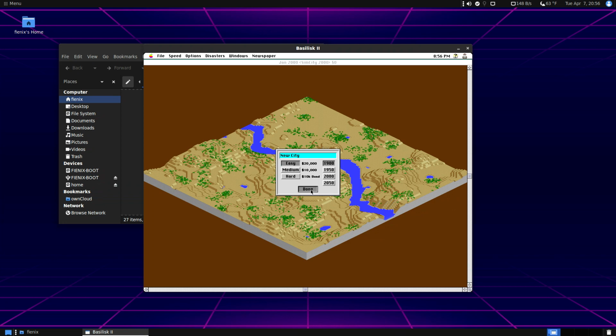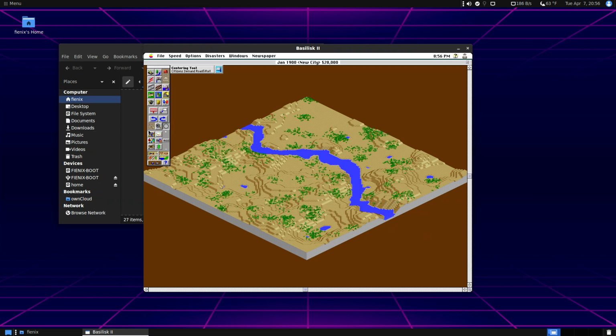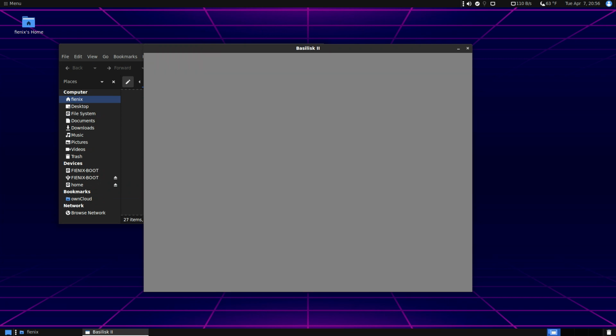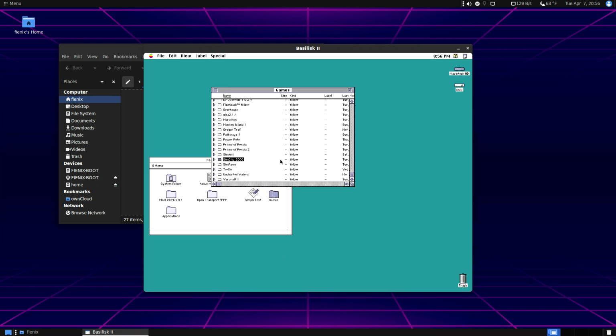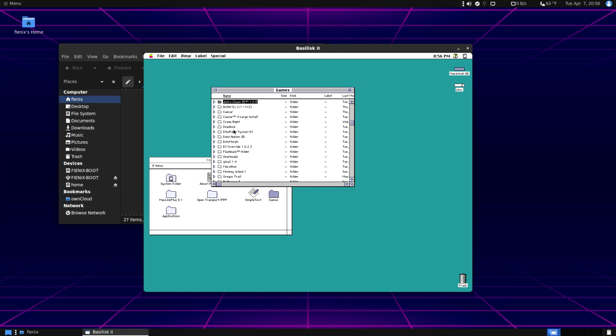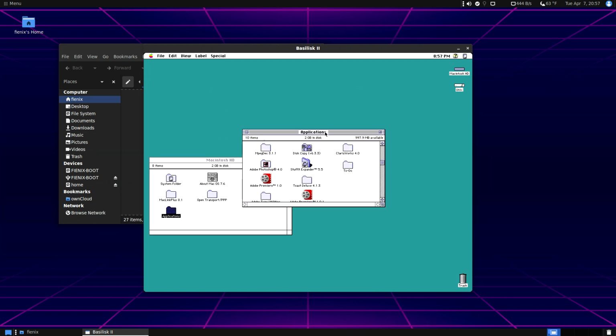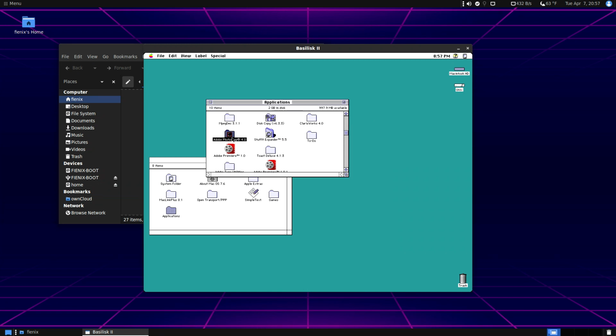As you can see, it's very fast. You don't need to get too into that right now. But really, it doesn't have any problem with any of these games. Prince of Persia, Oregon Trail, Monkey Island. It's kind of like my nostalgia machine, I guess. I also loaded in some other applications just to see how they would run. They all run really well. Like old school Photoshop, really old school Adobe Premiere. This is video editing software. Not quite on par with Flowblade, but